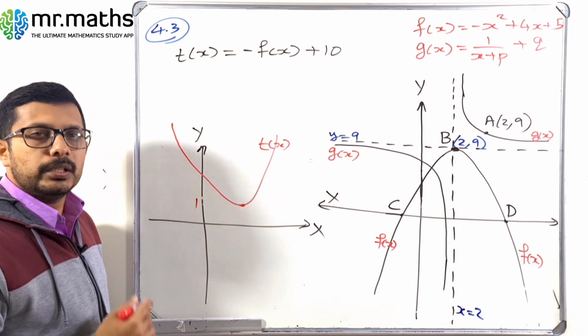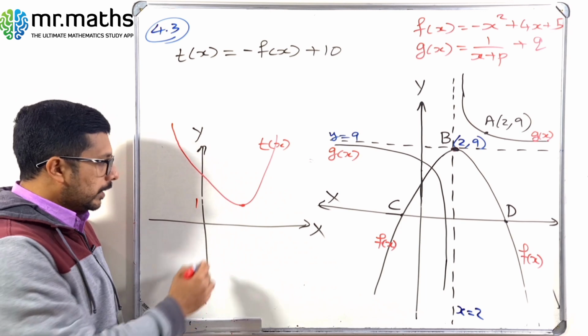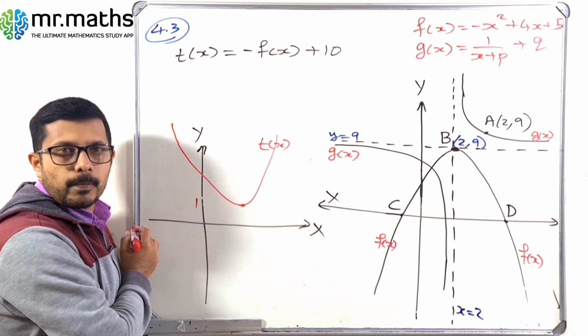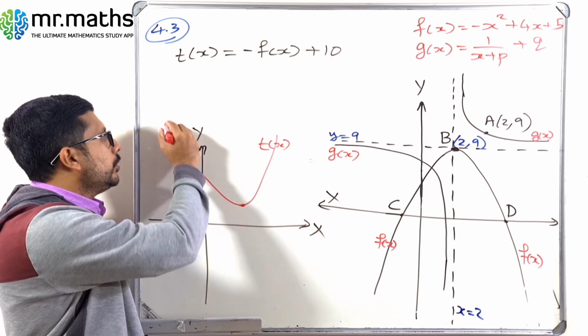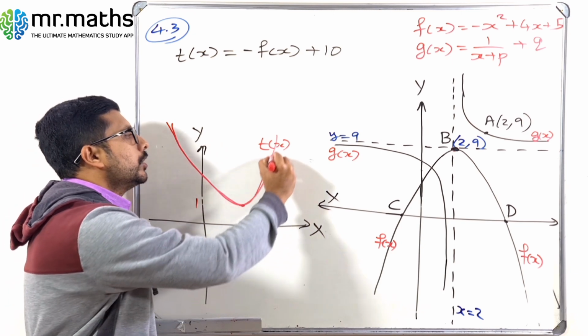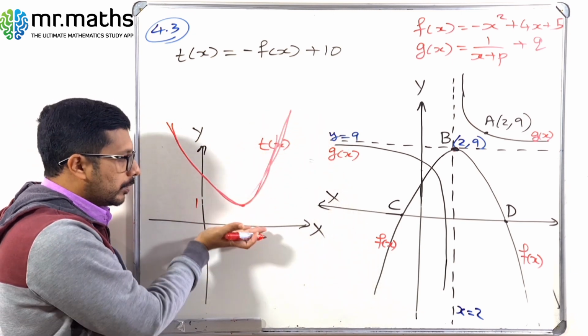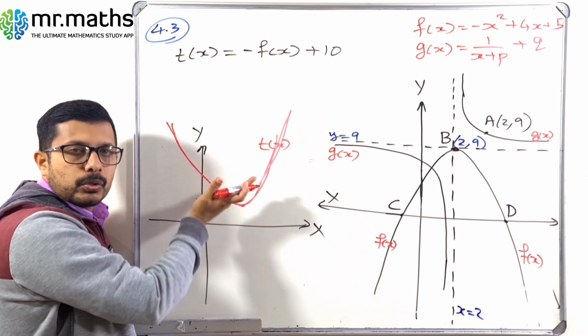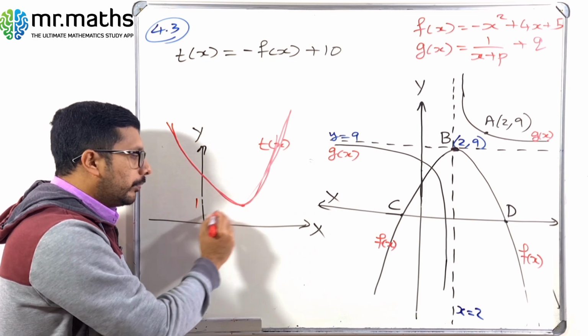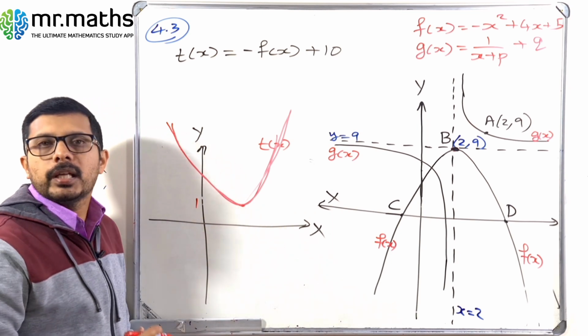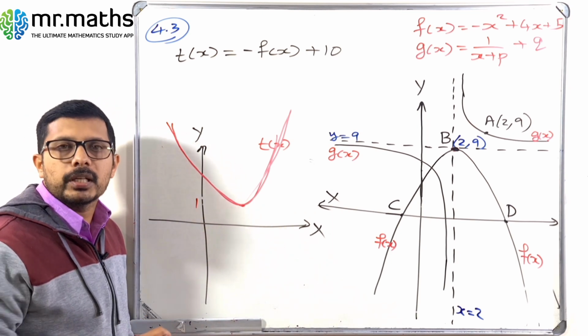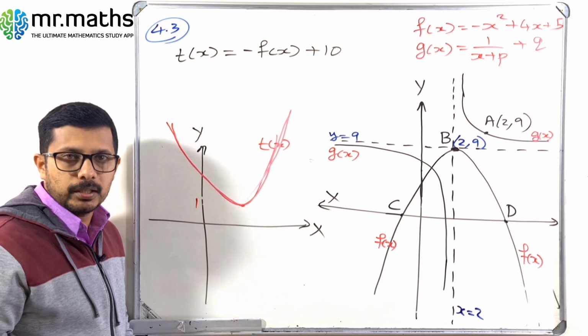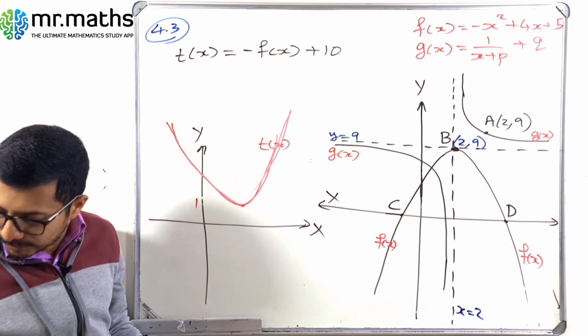Okay, so in this new graph, is it touching the x-axis? This new graph t of x is not touching the x-axis. Am I right? It is above the x-axis. So it means that if it is not touching the axis, there is no x value, or there is no solution. You understand? So in case the graph is like this,